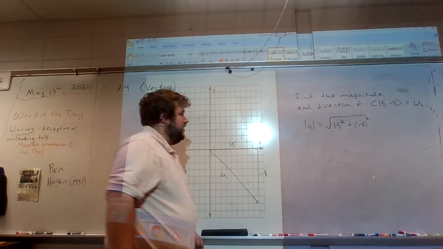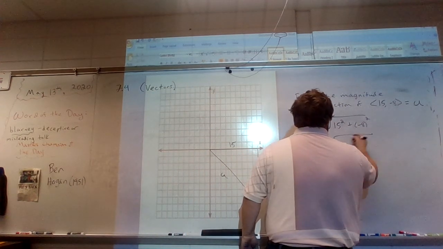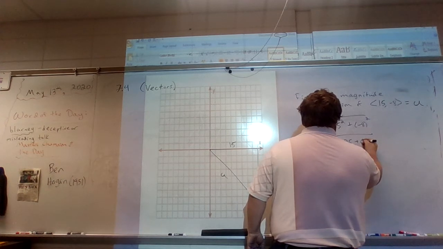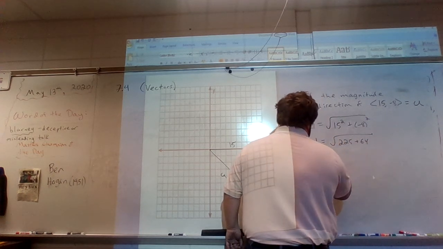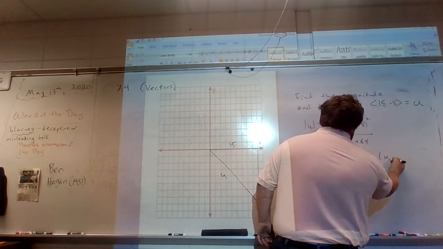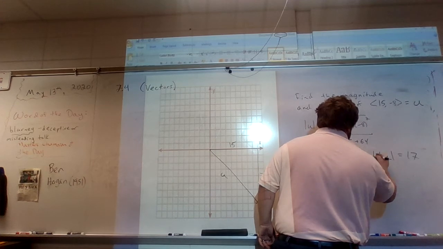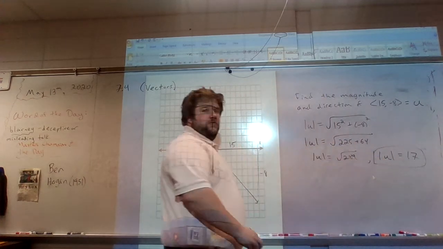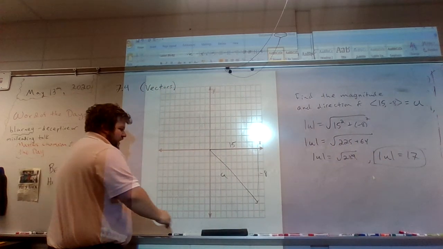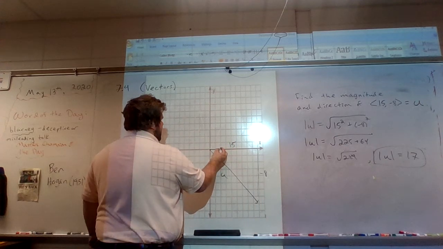So the magnitude of the vector is the square root of 225 plus 64, which is the square root of 289, that's 17. So that's our first answer. And then what is the direction of the vector? Well, to find that, I'm actually talking about this angle here,